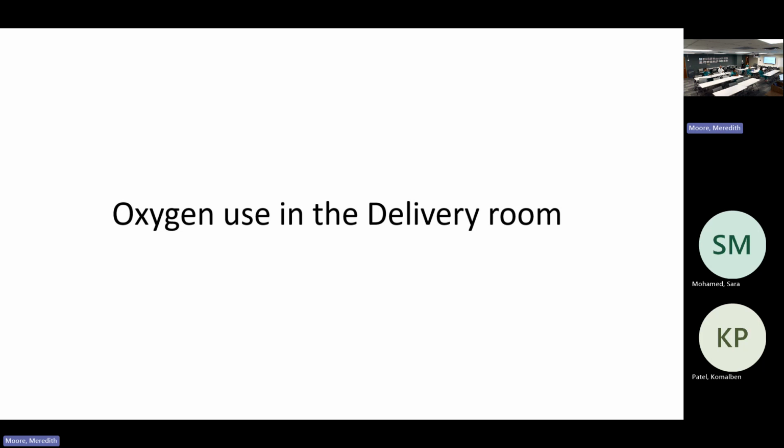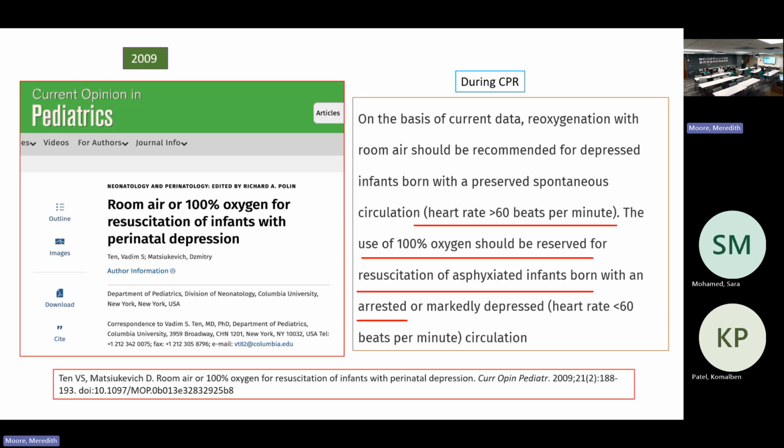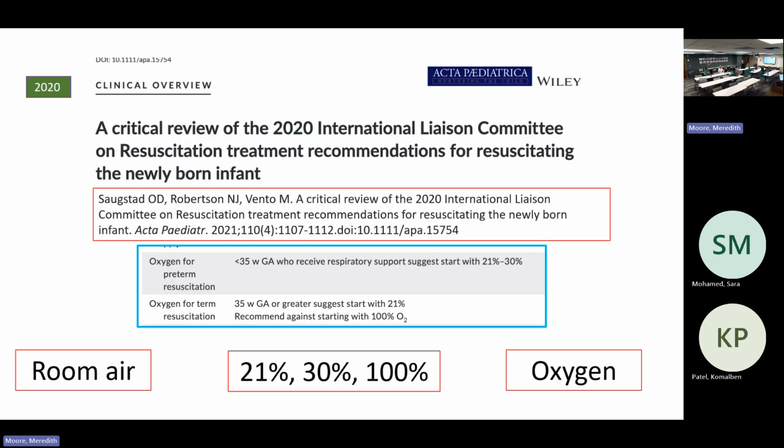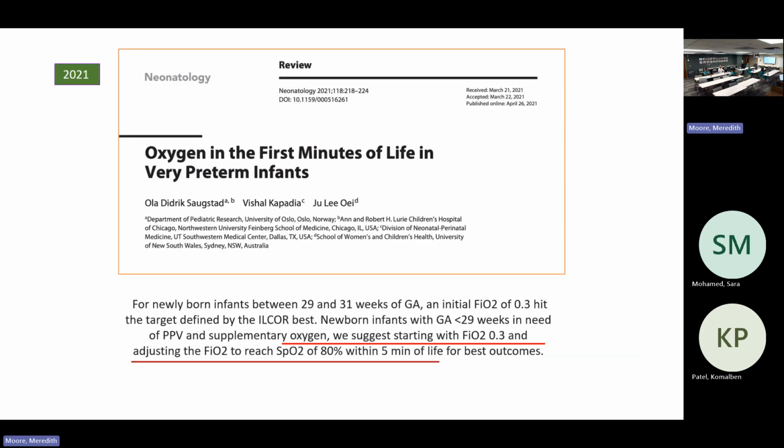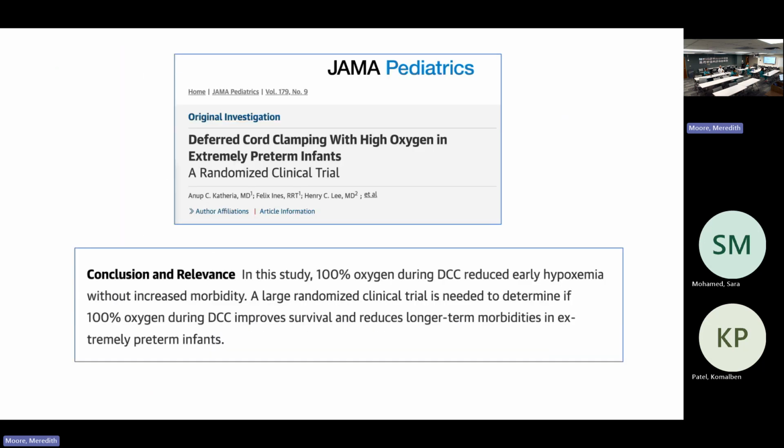sometimes they are trained in a very different way. They see the desaturation. It's not an NICU baby with apnea and bradycardia. It's the first 5 minutes of life. They have a very different oxygen requirement as compared to later on. So again, like I said, there are studies comparing room air versus 100%. But now I think most people agree that on babies who are preterm, you can start with room air. On a bigger baby, you can start a little higher. So again, I put this comparison. You can pull the article and put it in later. But I think the consensus now in the NRP is, but this is a good article